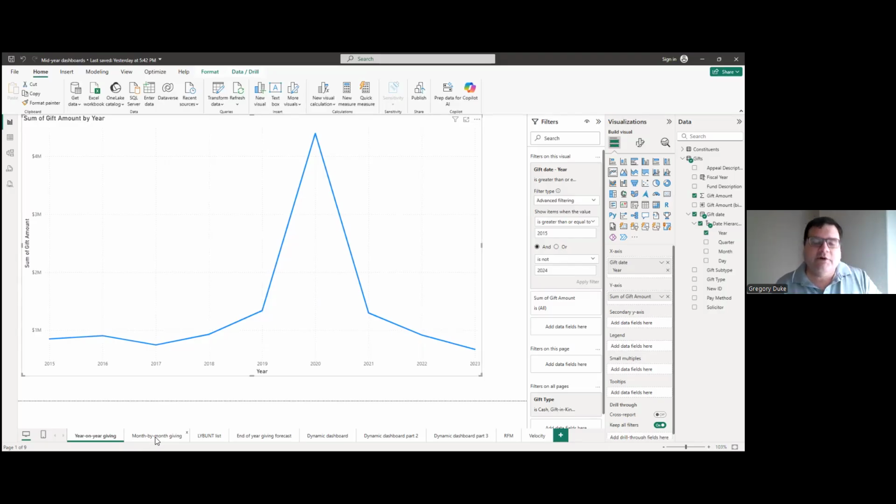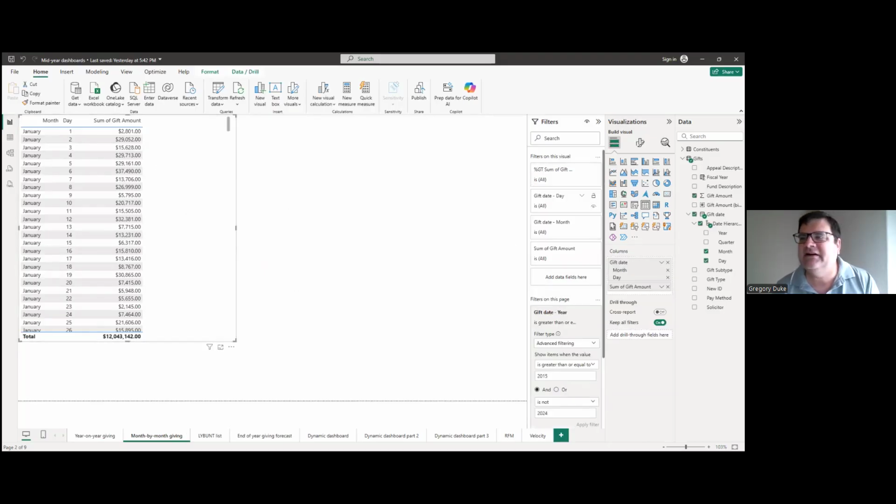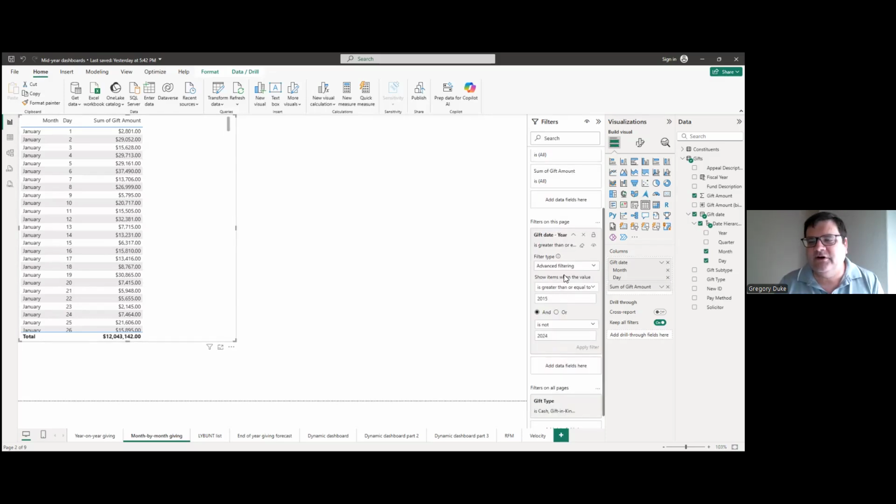Now that we know where we want to try and go, the next thing we want to see is where we usually are at this point in the year. So the next visualization I'm going to show you is a list under the tables of Power BI. Right now, what you're seeing is over the last 10 years of this institution, not including the last year, because I don't want to see what we're doing this year yet.